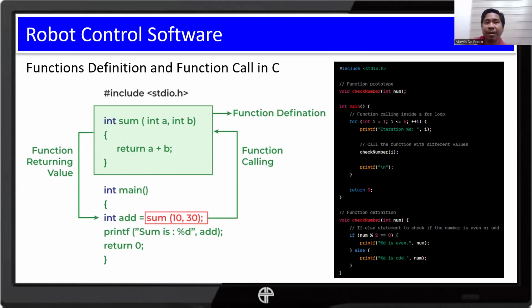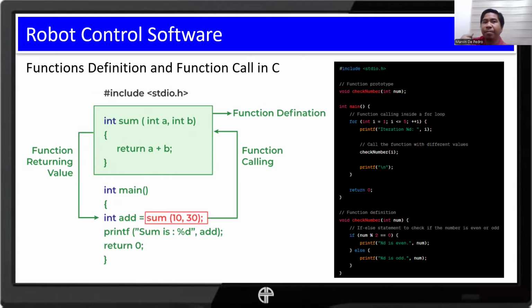In this case, we have integer A and integer B as our parameters. Then we have the statements inside the body of our function definition, and the only statement that we have is the return value of the sum of A and B.